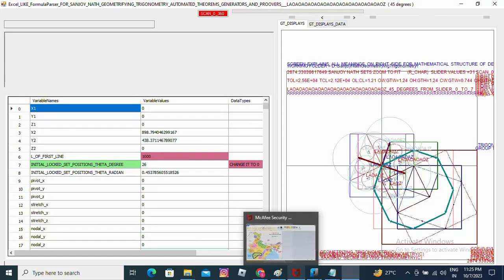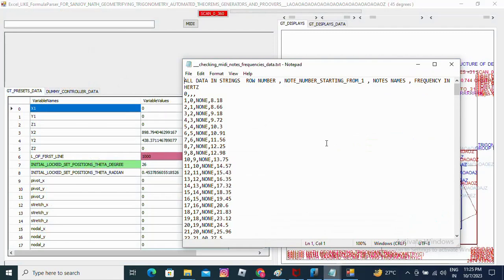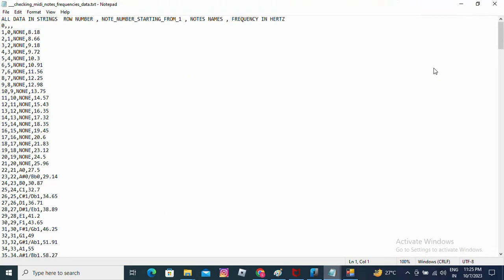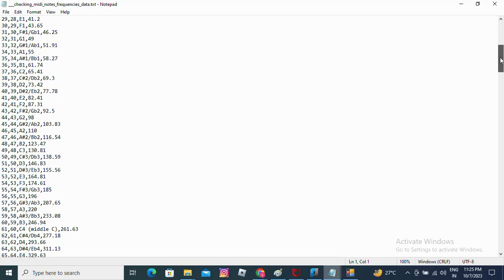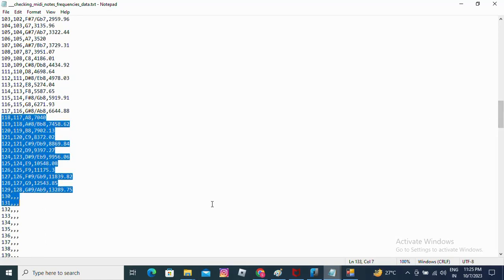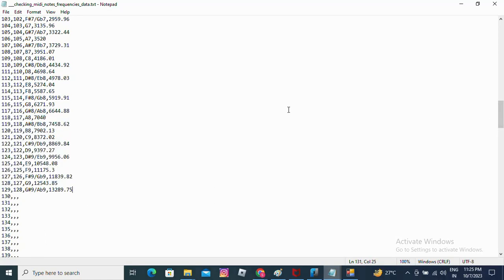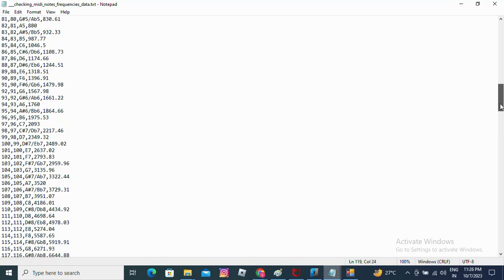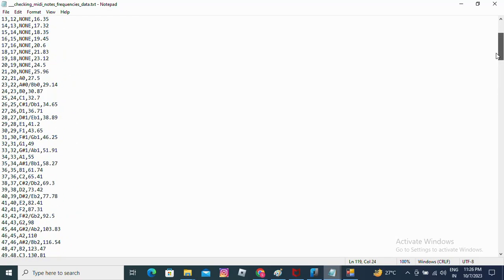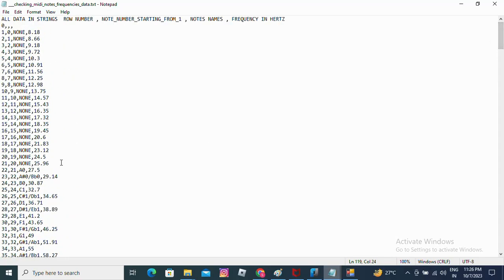When this tool opens, first it shows us the frequencies available for the note numbers. These are the note numbers, and the corresponding frequencies are there up to 128, 0 to 127. The first row is there for the heading, and so it is coming as 129. For every note number there is a note name and a corresponding frequency. And for the frequency 440 Hertz, you can see that these frequencies are taken as the radius in my